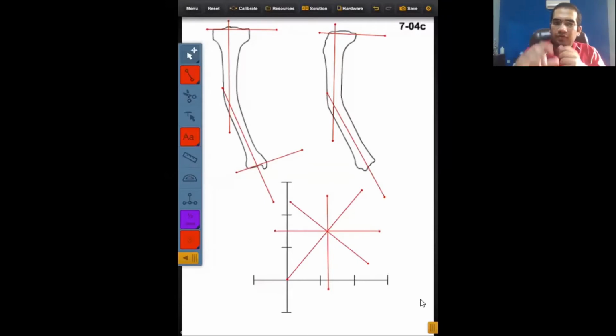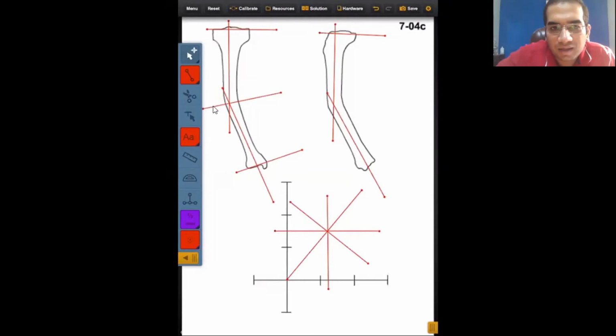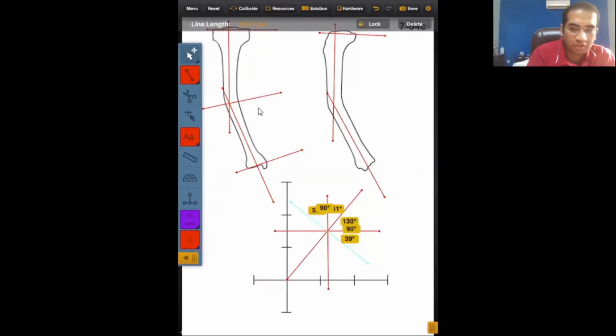Okay, if you simply take this case, if this were a simple valgus deformity, or sorry, a varus deformity, then I would have simply divided this deformity and placed a bisector. This would have been my angulation correction axis, and placing the hinges at this particular point would have corrected the deformity. Okay, so the same is the position over here.